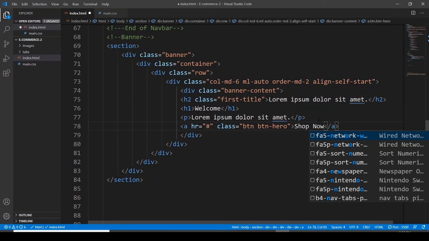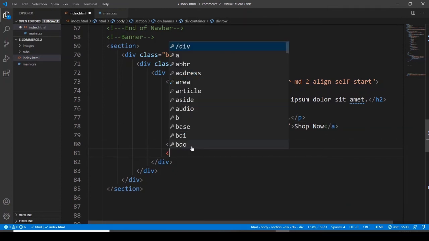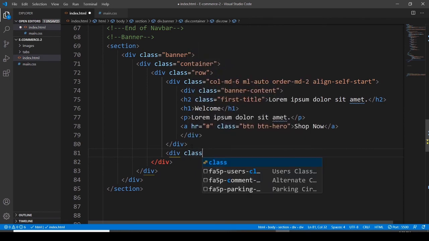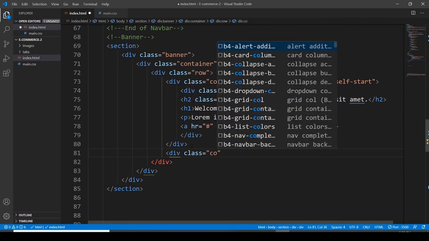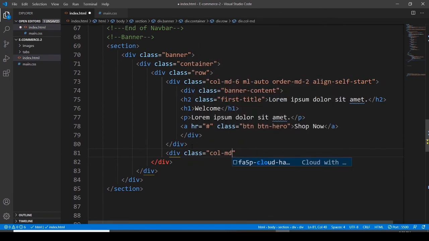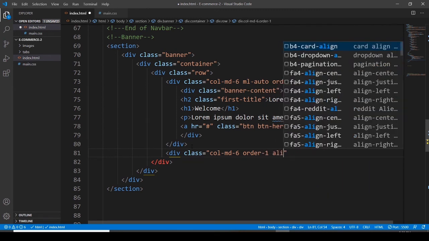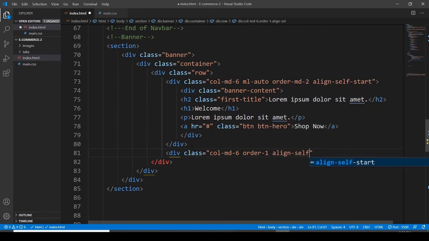So then here, let's have another division, assigning it a class, column, medium 6, order 1, align self end,